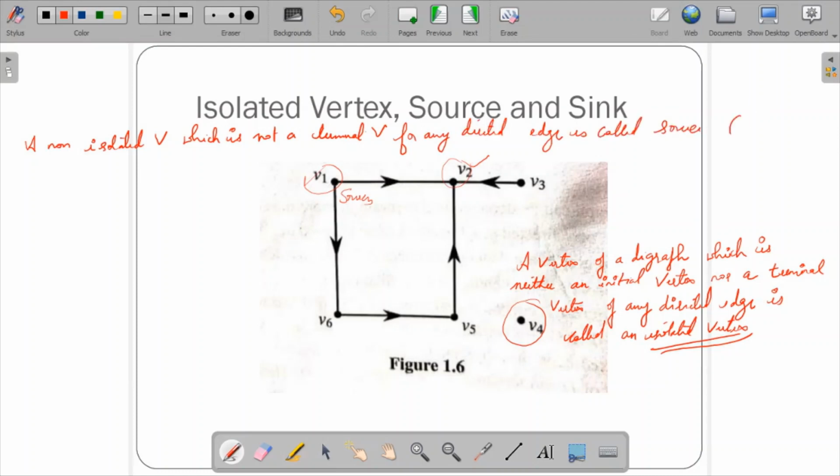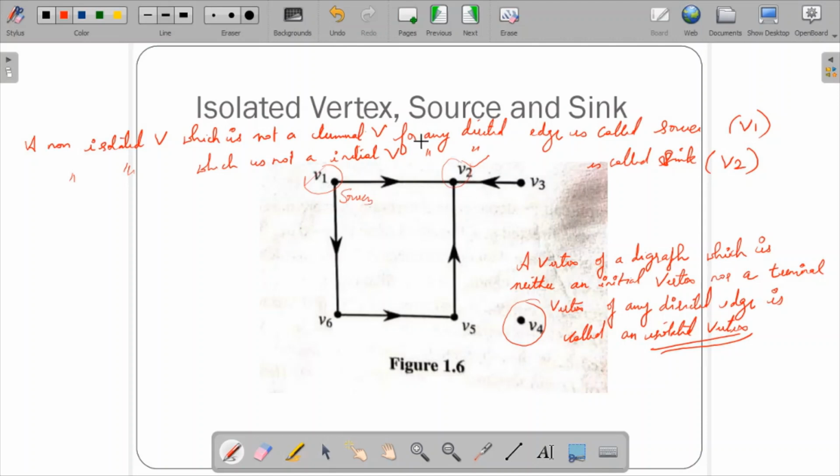That is V1. Similarly, a non-isolated vertex which is not an initial vertex for any directed edge is called a sink. The example is V2. So you can see the direction over here: V4 is the isolated vertex, V1 is the source, and V2 is the sink.